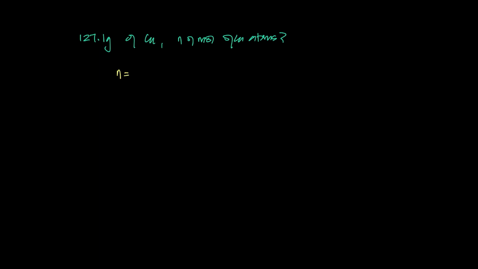You need the formula. Number of moles is mass over molar mass, and because it's copper, you need the AR too. From the data booklet or the periodic table, the AR is 63.5. That's the relative atomic mass of copper. What that means is its molar mass is 63.5 grams per mole. So when I find this out, I know the mass is 127.1 grams and the molar mass is 63.5 grams per mole. So the AR in grams per mole is the molar mass, and this math comes out to 2.001